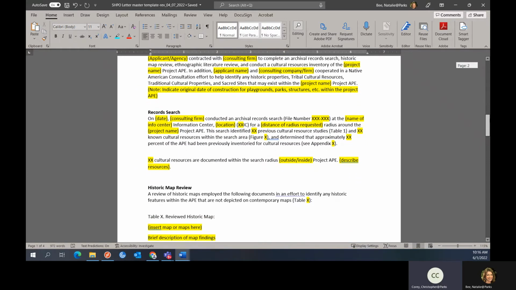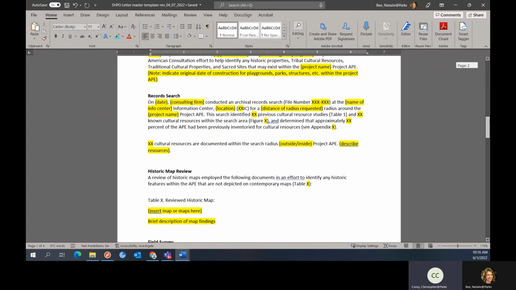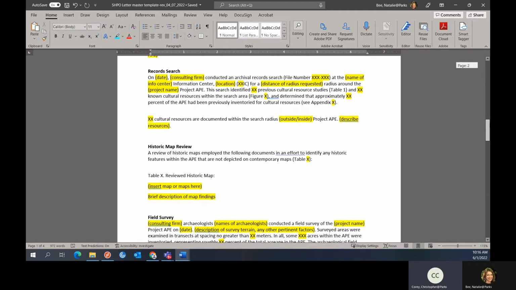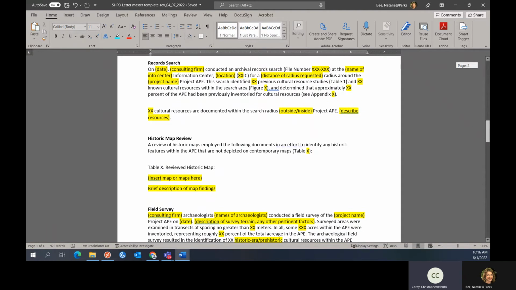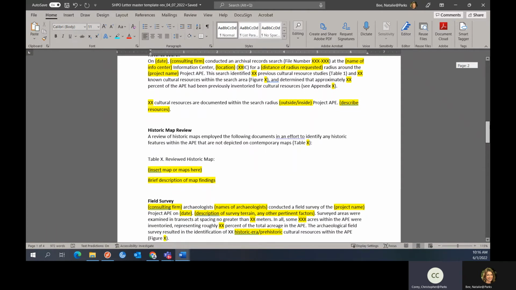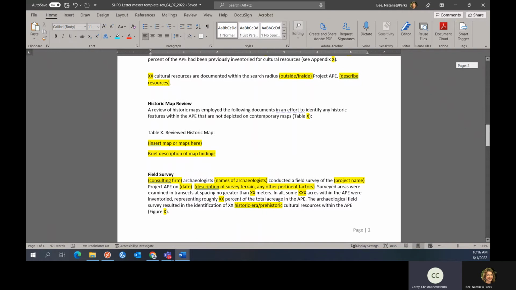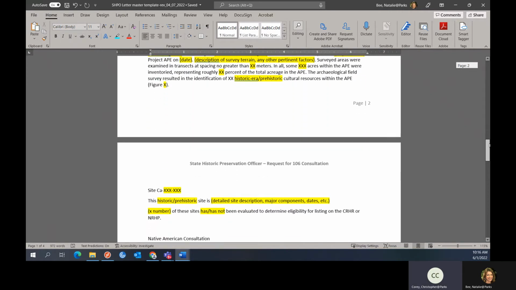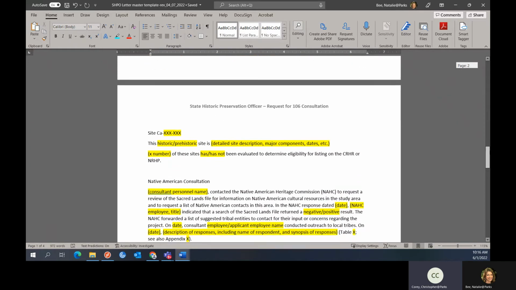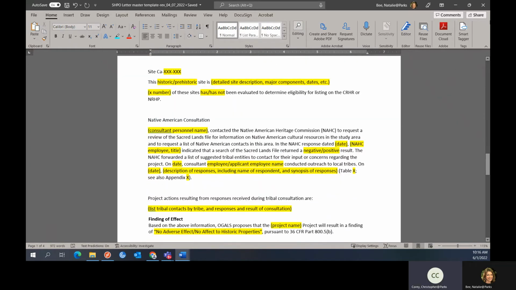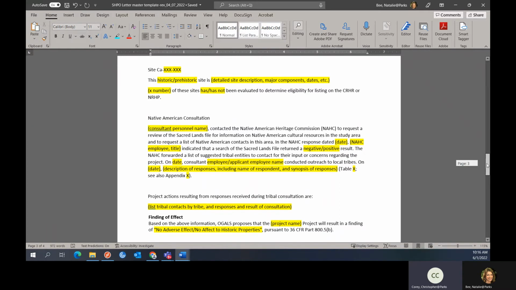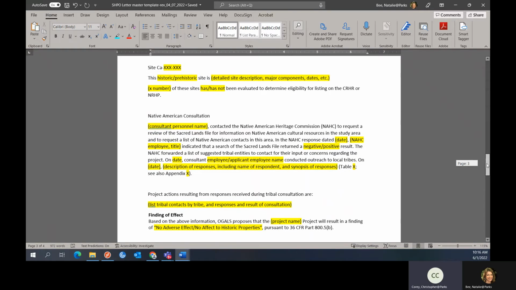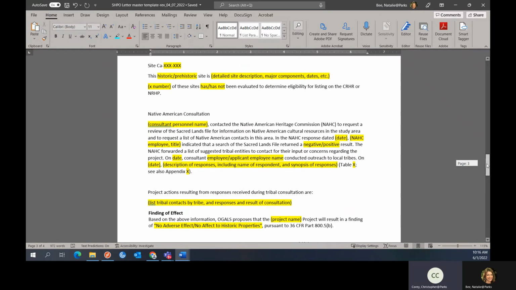Verification of tribal contacts from all persons on the list with a record of names, dates, and methods of contact, both email and certified mail. A list of comments from Native American tribal respondents, a record of attempts to follow up with non-respondents, the results of the consultation with the interested Native American tribal representatives, identification and evaluation of historic properties, including the survey reports,